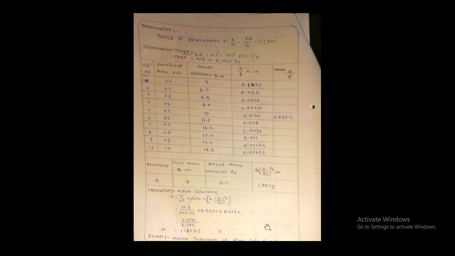It is about the mutual inductance. Now as we know the theory regarding inductance since first year, while facing the online practical, you have to answer some questions like: what do you mean by inductance, what are the types of inductance such as self-inductance and mutual inductance, what is the unit of inductance, and whether the units of self and mutual inductance differ or are the same. These are some basic questions regarding this practical, mutual inductance of a pair of coils.